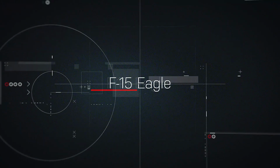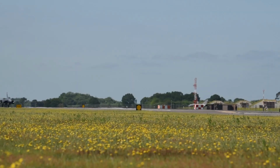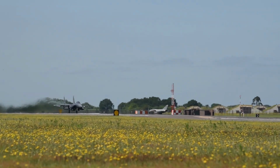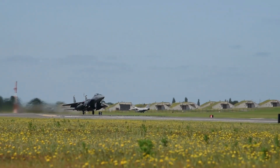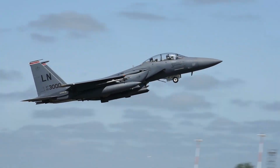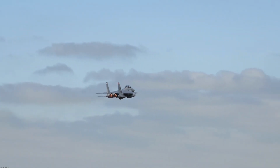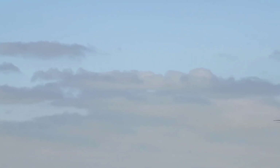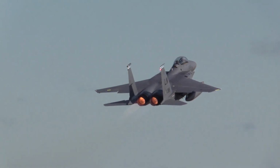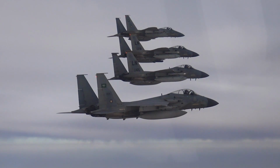Coming in at number 2 is the F-15. The F-15 Eagle is a twin-engine, twin-tailed supersonic aircraft that was designed from the ground up to be a fighter. With its amazing speed, surprising maneuverability, virtually unmatched climbing ability, and long range, the F-15 embodies the term air superiority fighter. Using 2 of the same engines found in the Viper, the F-15 can close with and engage enemy fighters